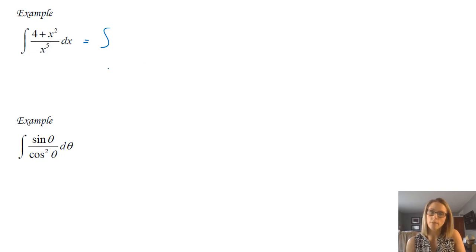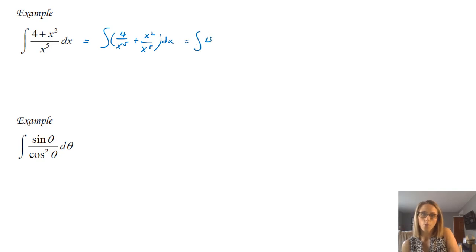At this point, we do not have any fun, funky tricks up our sleeve in terms of taking integrals. And so because of that, we just have to stick to rewriting and using the integration rules that we have on the last page. We don't have anything too exciting. So I have 4x to the 5th, and then plus x squared, over x to the 5th, and then that's going to be dx, and that's going to give us 4x to the negative 5 plus x to the negative 3.